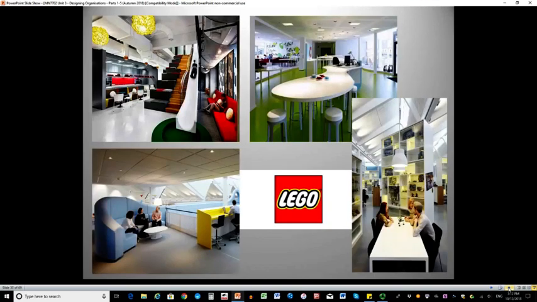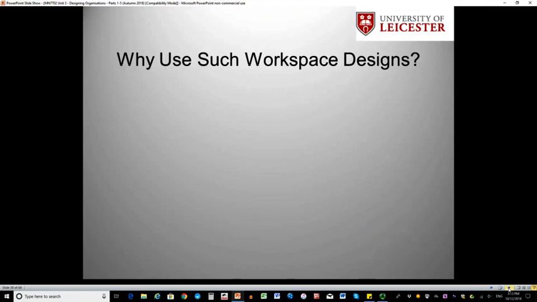And here's another interesting example, actually, Lego. More open spaces, and top left is a slide as an alternative to going down the stairs. That looks quite interesting. We should get some of those at the University of Leicester, I think. So we can see very novel, interesting spaces at some very innovative companies, and Lego is a very innovative company, particularly within the last decade, and as a result has managed to turn around a very dire situation for itself